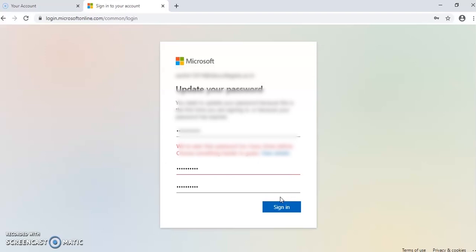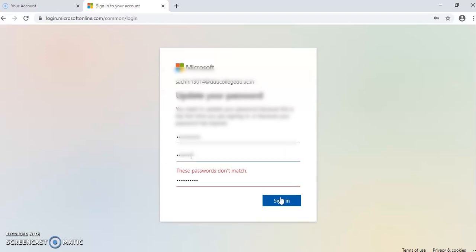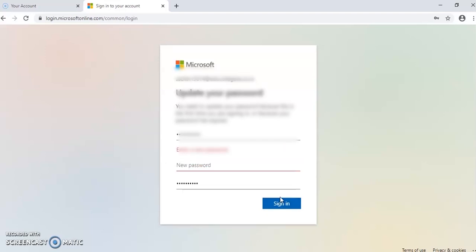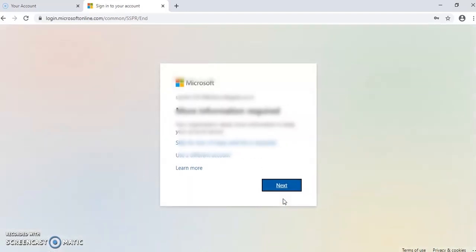As you can see, it is giving me a warning to change the password because it has been used for many other accounts as well. So there must be a unique password that you specify. And it is advisable to specify a strong password. The strong password consists of capital and small letters, special characters, as well as numbers. After specifying the strong password, now it has accepted the password.